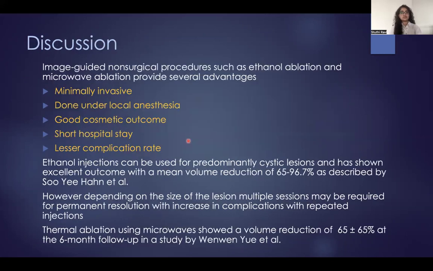So image-guided non-surgical procedures such as ethanol ablation and microwave ablation provide several advantages, which is minimally invasive, done under local anesthesia, good cosmetic outcome, short hospital stay, and lesser complication rate. Ethanol injections can be used for predominantly cystic lesions and have shown excellent outcome with mean volume reduction of 65 to 96%. However, depending on the size of the lesion, multiple sessions may be required, and this may increase the complication rate. Thermal ablation using microwave shows a volume reduction of 65% in 6 months follow-up in a study by